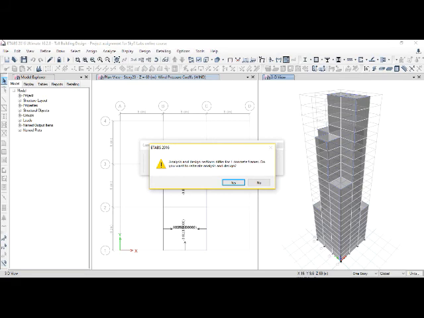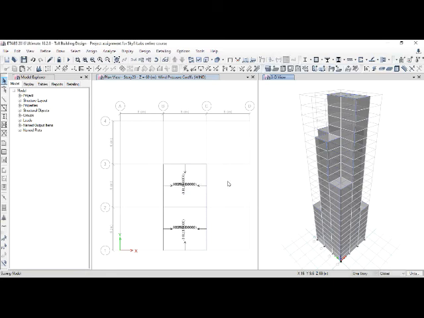You can see that still one concrete member is failing, so we'll have to reiterate once again. So I'll click on the iteration process once again, so it will again reiterate and check for the next higher section.